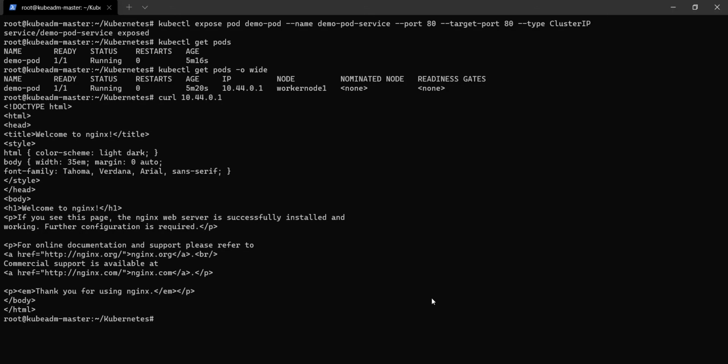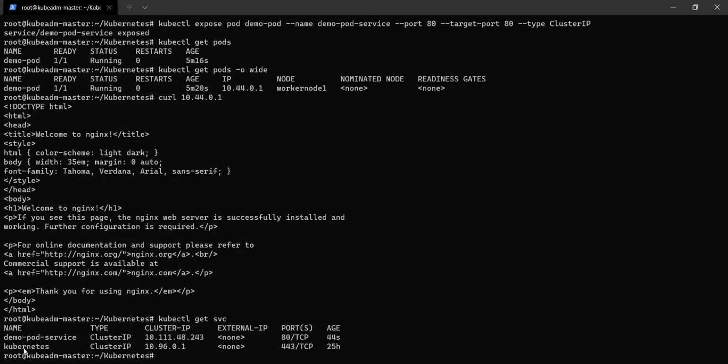Now let's see the details of the service. There are two services. One is kubernetes, which is an inbuilt service, and the other is demo-pod-service, which we just created now, with the ClusterIP. We can reach the pod using this ClusterIP also, because the objects within the cluster can talk to each other.